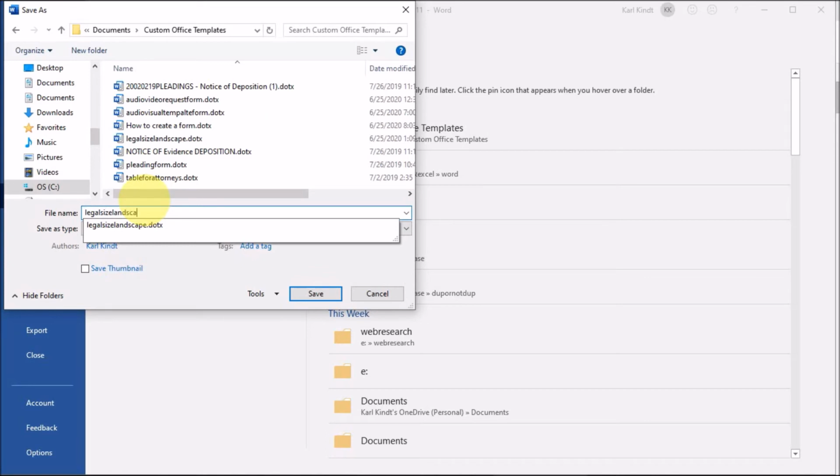I already have one. 16 point, we could type here point font. Okay, so then I'll just save that into my custom office templates,